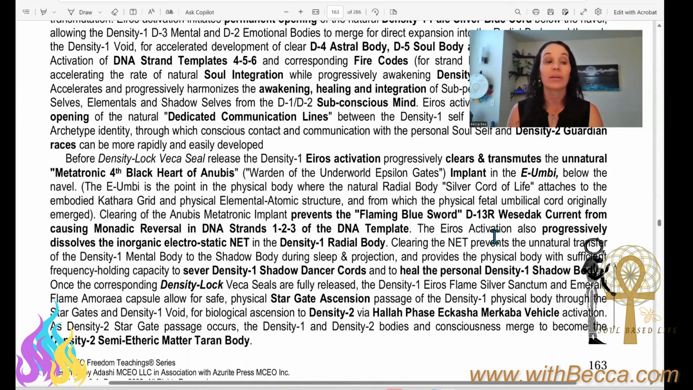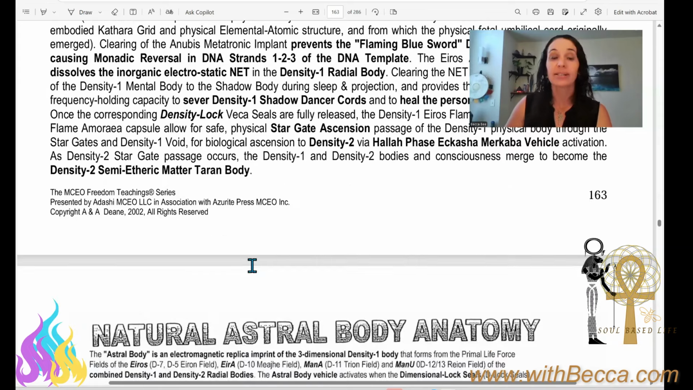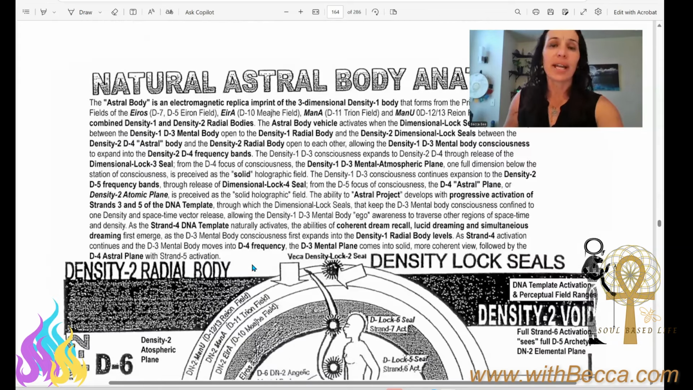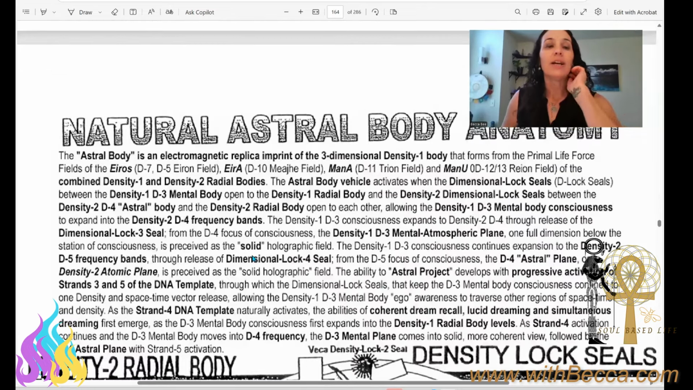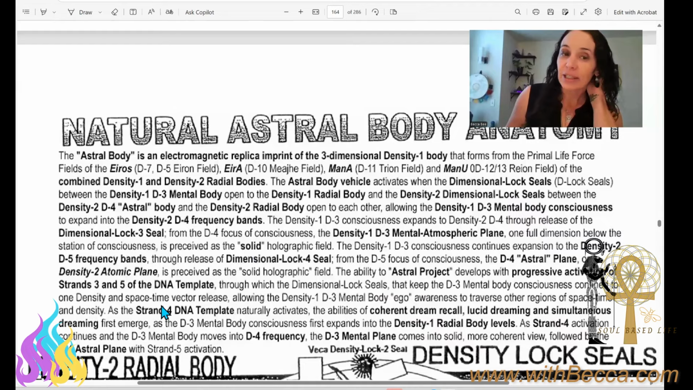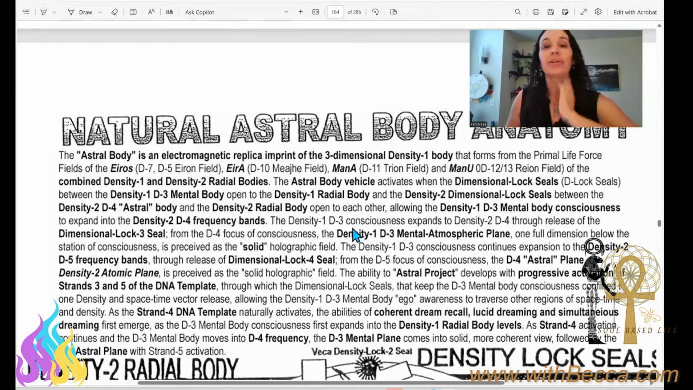So the lack of longevity of life that we hold in a human body. Now we're kind of seeing some of this energy. We're going to look at the natural astral body anatomy, and then we're going to tie into something else here. So the astral body, again, is an electromagnetic replica imprint of the three-dimensional density 1 body that forms in the